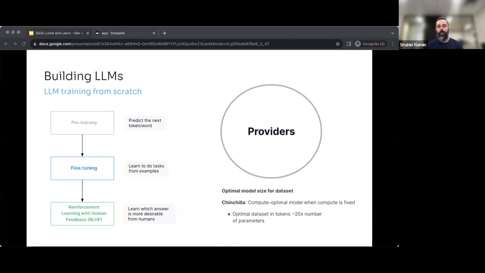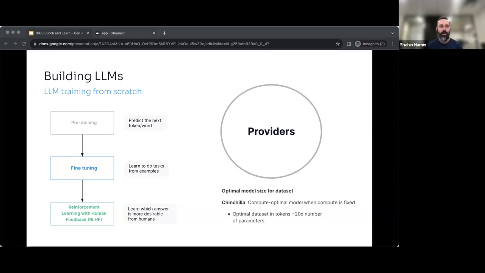One important point here is the size of these models. There has been a paper that does some investigation on the model sizes and the data sets called Chinchilla. And the idea is that most of the large language models are already over parameterized, which means that they are bigger than required if you look at the data set they have been trained on. But what is important here is that these models are very expensive to run, so after you deploy that,